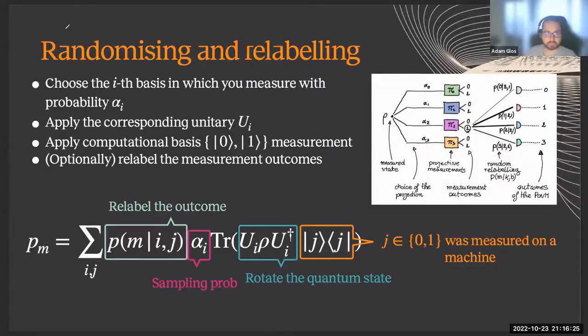What we do is that, first of all, we choose with probability alpha 0 a measurement basis P0. A measurement basis can be understood in the way as we talked previously with this X basis, so that we apply some unitary U0 and then perform a measurement in computational basis. Then we obtain,